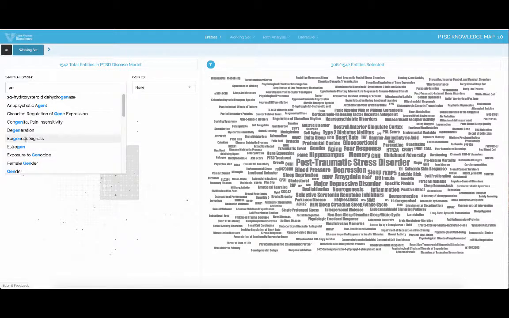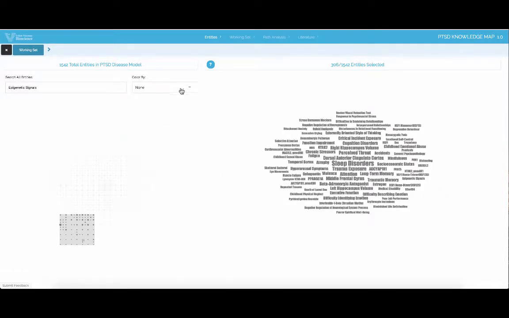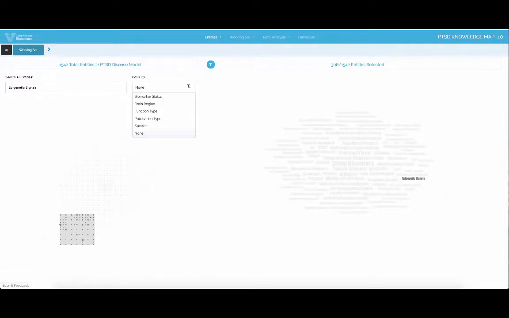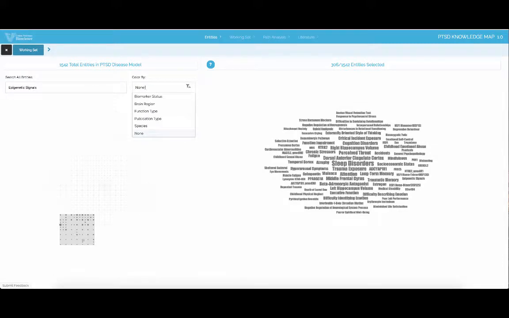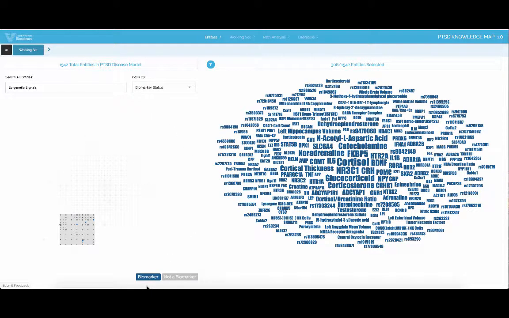Another great way to visualize the data is by using the Color By feature. When you click on the drop-down menu, you have several options. Each option not only organizes your selected entities by color on the right, but if you click on the color in the legend beneath the grid on the left, it will create a word cloud for all the entities that